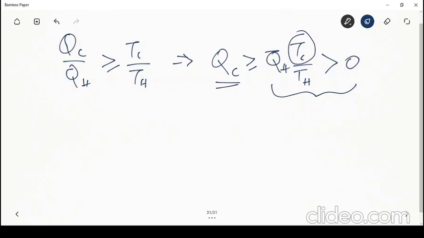This is basically the statement of Kelvin-Planck, which says that you cannot produce work continuously by exchanging heat with only one reservoir. That is, there needs to be a rejection of heat. So the efficiency of any power cycle can never be 1. It has to be less than 1. So QC greater than 0 is nothing but the Kelvin-Planck statement